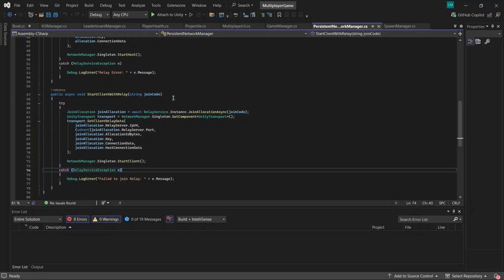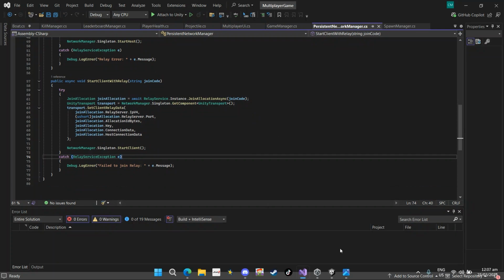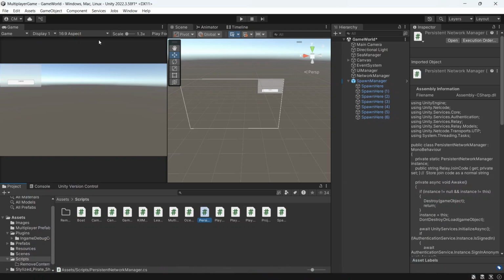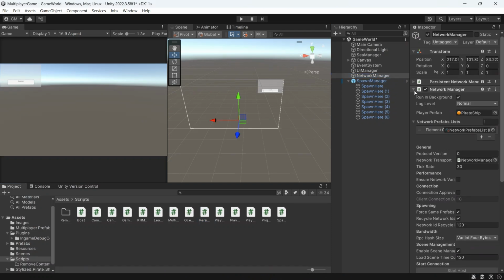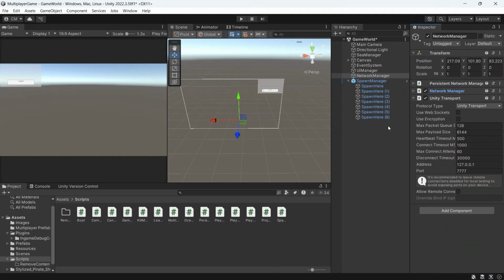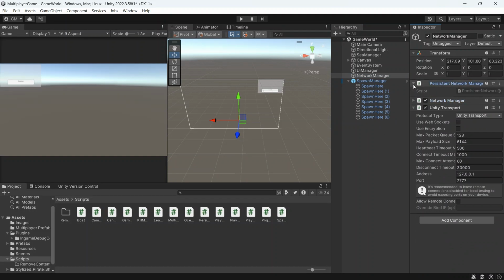And once you are done with the code, you simply save it again and go back to Unity. In the Network Manager, you will create an empty object and name it Network Manager. And simply add the script in the inspector of the Network Manager. Now I will be discussing the netcode. This Network Manager is for Netcode for GameObjects.